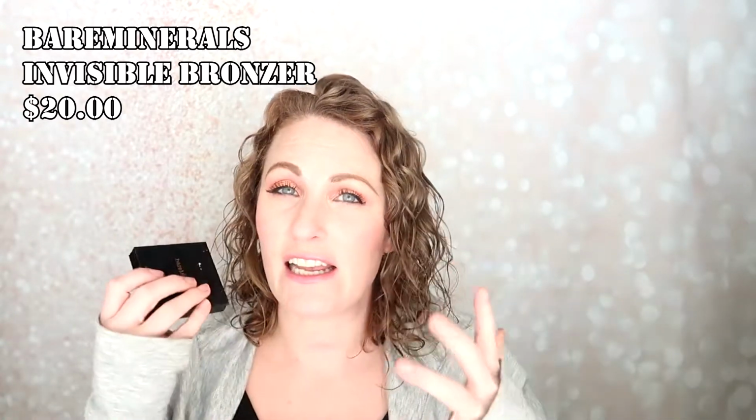And then the last thing is this Invisible Bronzer from BAREMINERALS. It is in the color Fair to Light. It's very, very light. It actually works pretty well when I'm not trying to really deepen up or darken my complexion. It gives just a subtle hint of something. But I really do like this. But again, just going to put those back. Highly recommend them. I don't know if you can still get even this. I think they discontinued it or something. I don't know. Let me know if you know. I'm pretty sure they discontinued it, but...